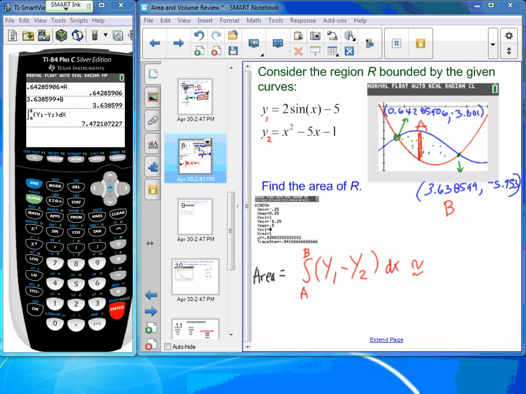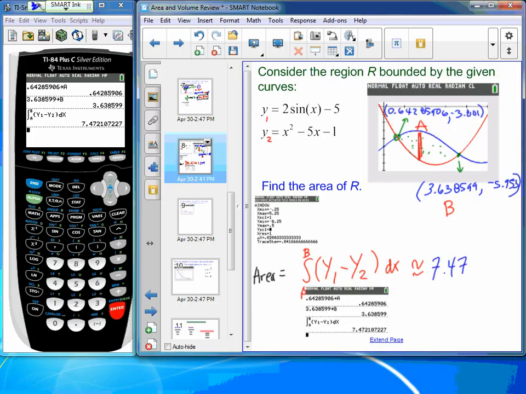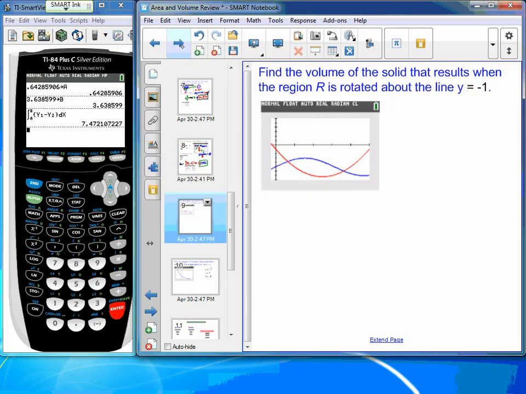Okay, ladies and gentlemen, as a result of your checking and practicing with your partner, we should have gotten about 7.472. Box that. Now that we solved and stored in alpha A and alpha B, let's go ahead and do a similar one, but now, again, let's make sure that we're able to go